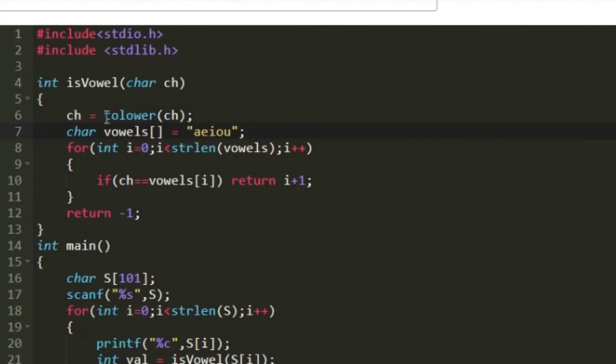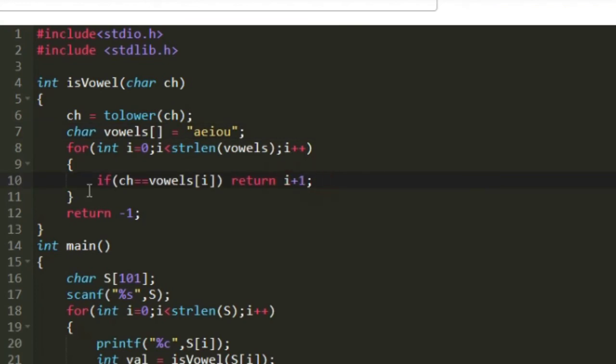After that I am creating a loop. This loop iterates from 0 to string length of the character array vowels. In every iteration we will be checking whether the character is present in that character array. If the character is present in the character array vowels, then the condition would be satisfied and we return I plus 1. We return I plus 1 because suppose if the vowel is A, then it is present at the index 0 and if the vowel is A, we should repeat it for 1 time.